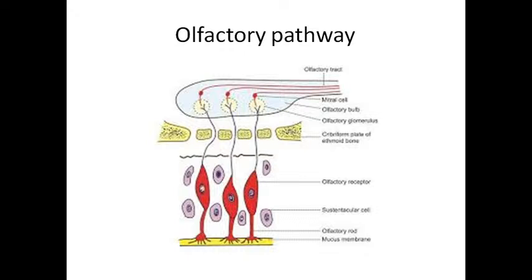So in this picture you can see the olfactory membrane, that is the mucous membrane, where orange cells are the olfactory receptors and the pink cells are sustentacular cells, that is supporting cells. The olfactory receptor is a bipolar cell, it has two poles. One pole is the rod-like structure with hairs, and the other end has nerve fibers. These nerve fibers pierce the cribriform plate of ethmoid bone and enter the CNS,